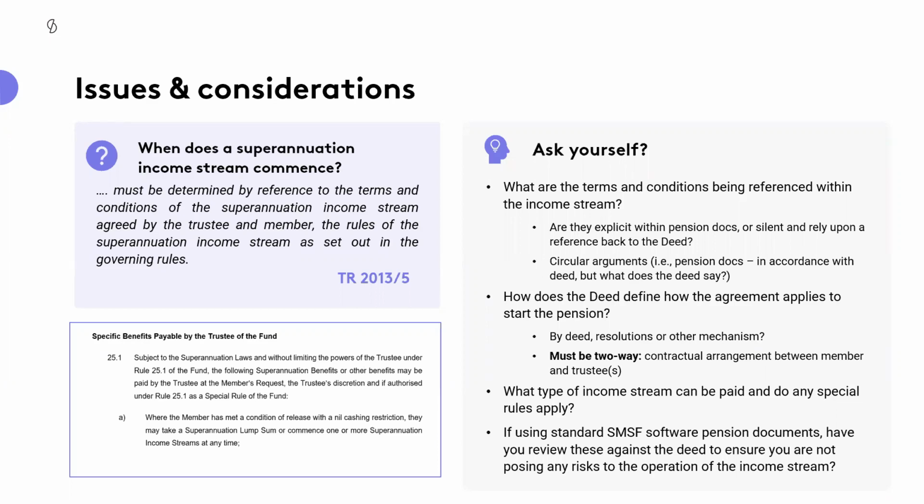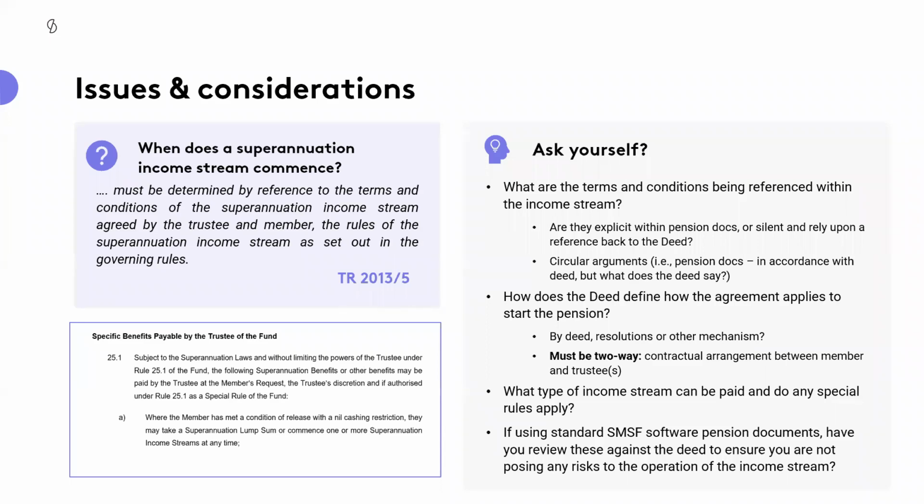And what we also see quite commonly is this circular referencing that goes on. And what I mean by that is that the deed itself is generally quite loose in terms of the application of the powers to be able to pay the pension. So there's not a lot of meat on the bone when it comes to the deed, and that ensures that it can be paid in accordance with the laws, but procedurally, you therefore are relying more upon the pension documents to be able to support back and reference the different things that would need to apply to ensure that that pension is on foot. And what we do end up with then is a range of circular arguments, like I said at the very beginning,